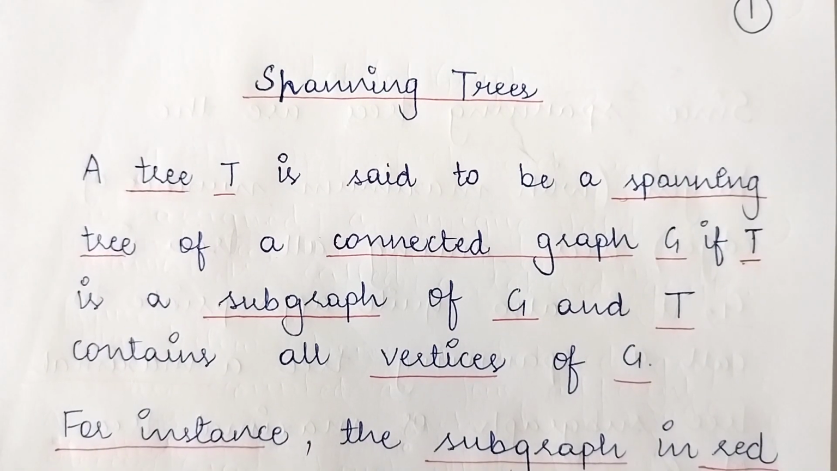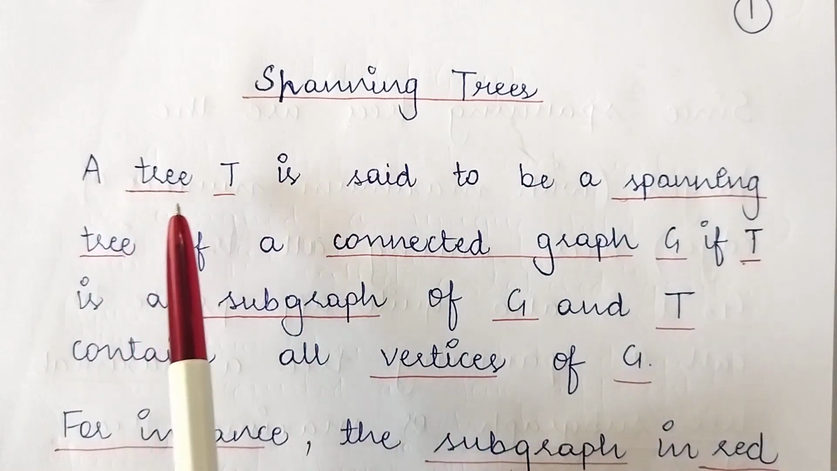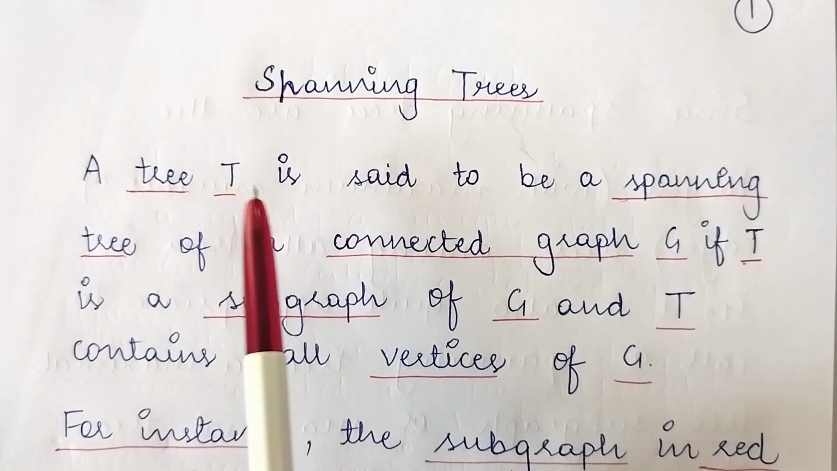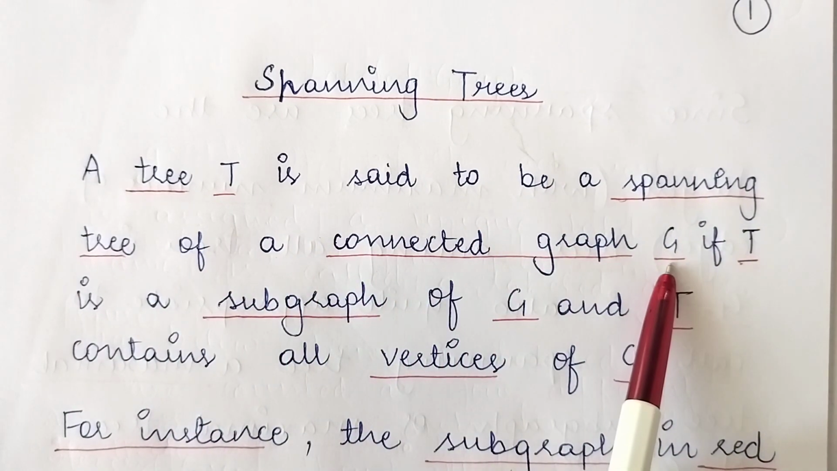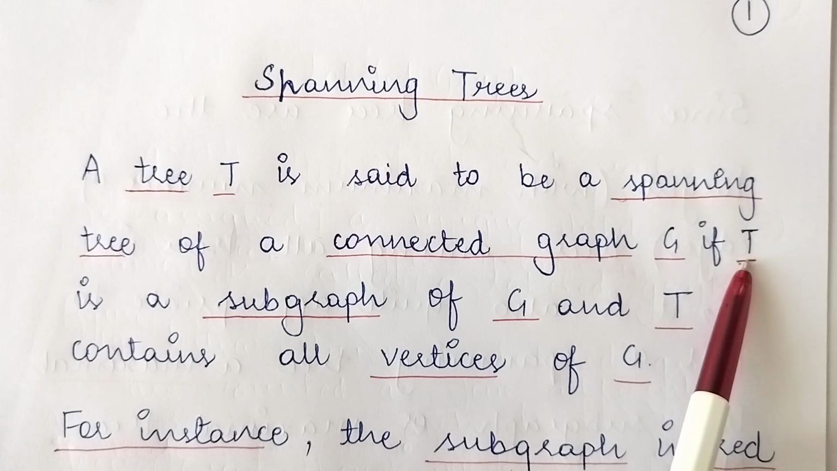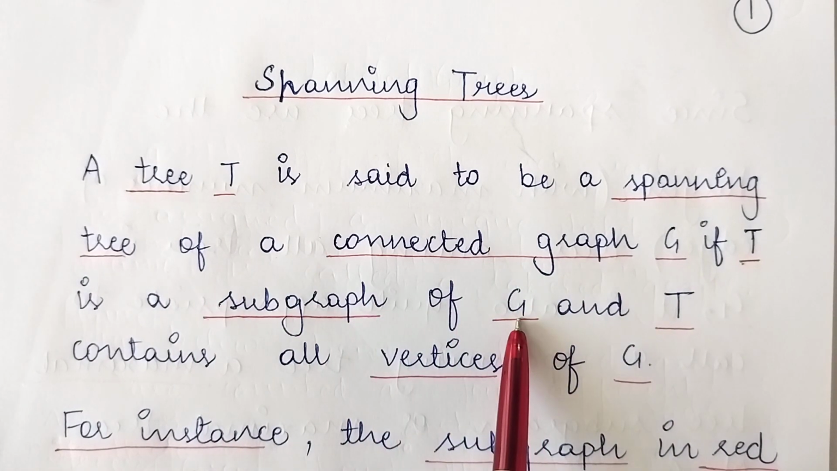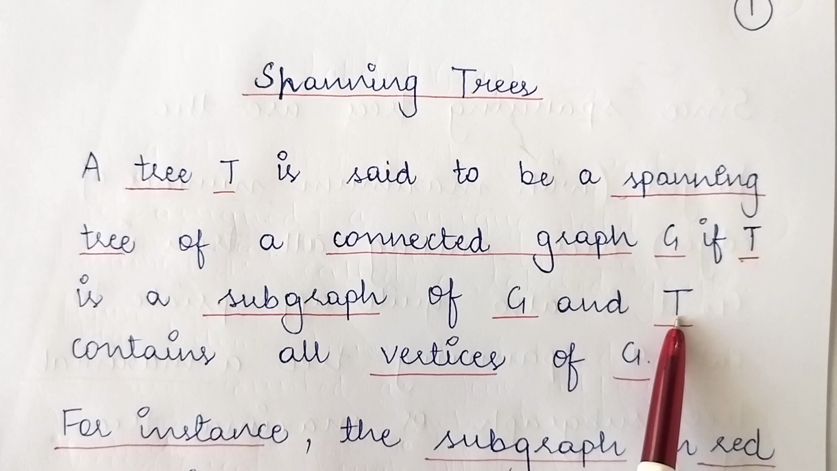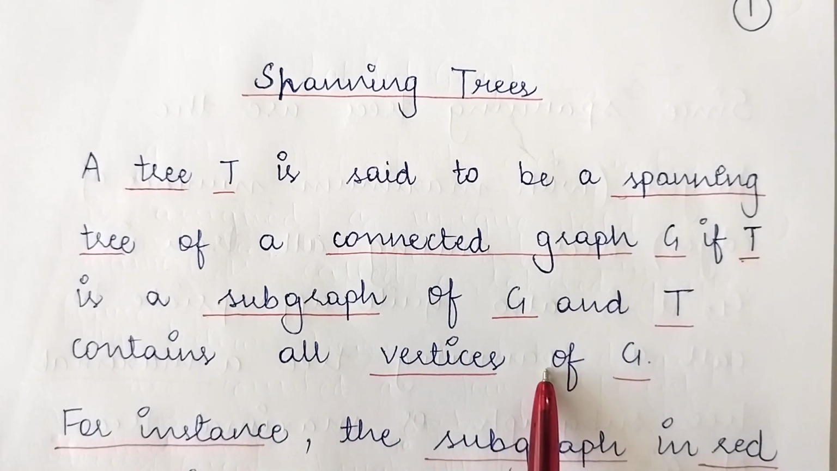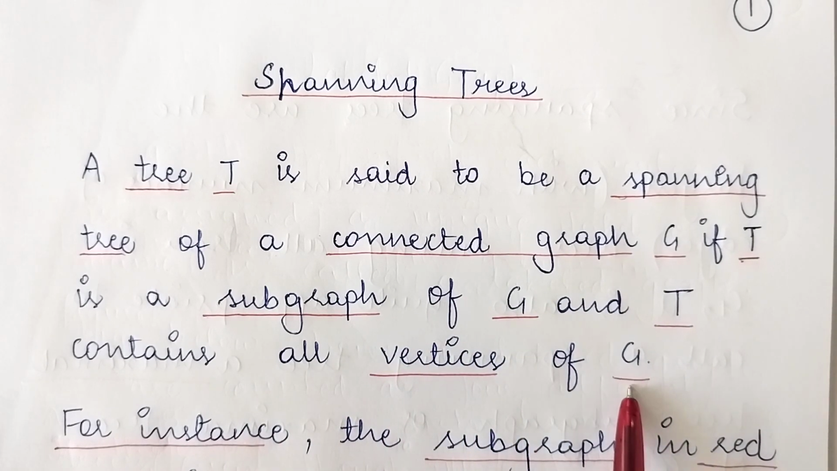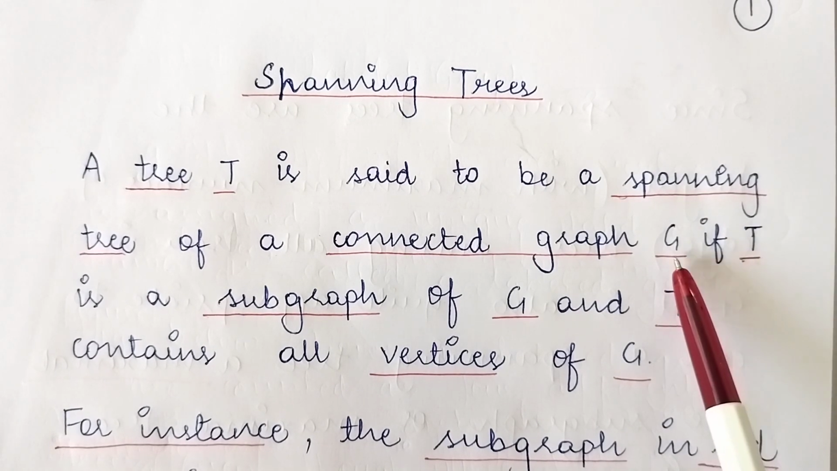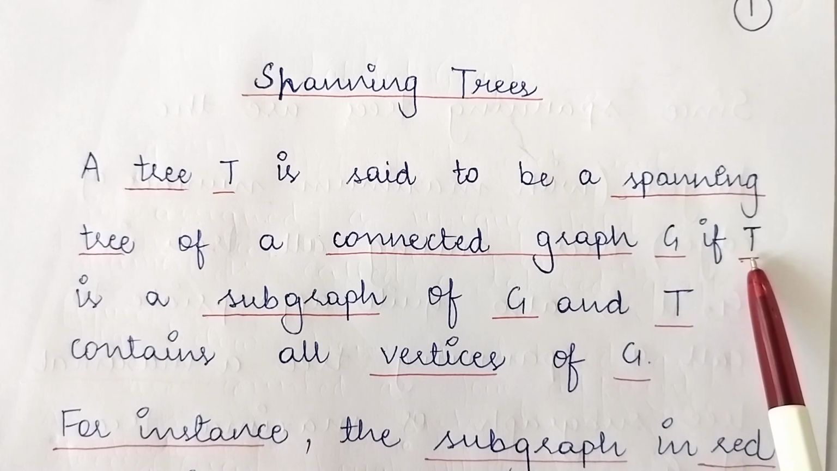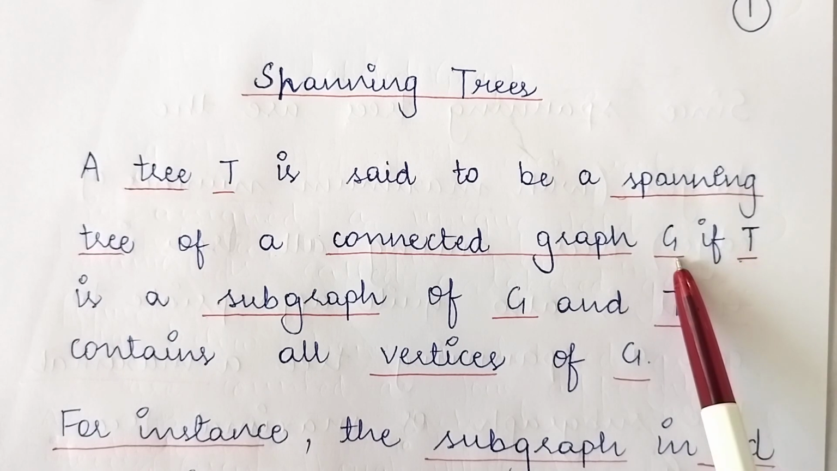Hi everyone, today we are going to study spanning trees. A tree denoted by capital T is said to be a spanning tree of a connected graph denoted by G if this capital T is a subgraph of this capital G and then this capital T contains all vertices of this capital G. So in simple language, if you have a connected graph denoted by G and this connected